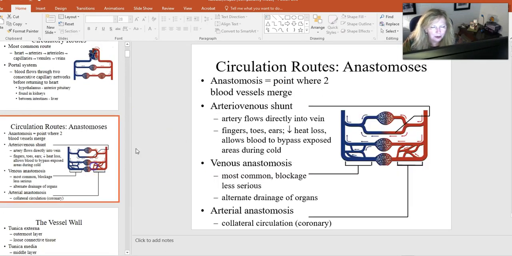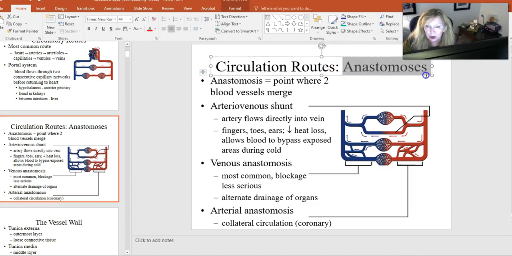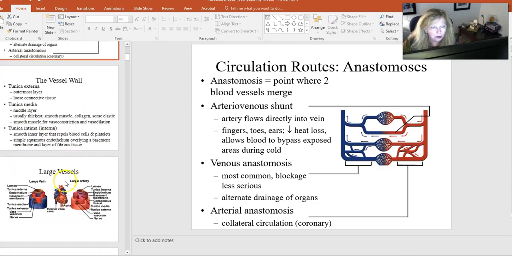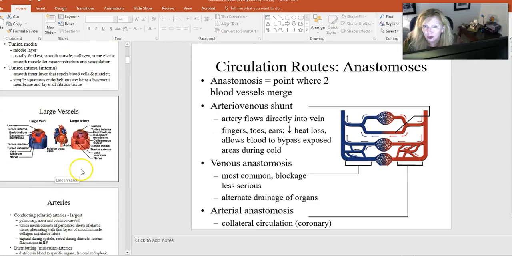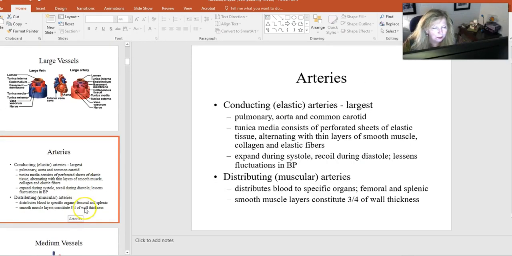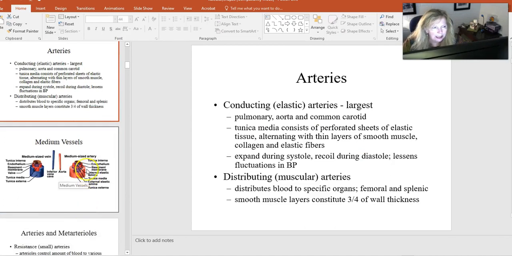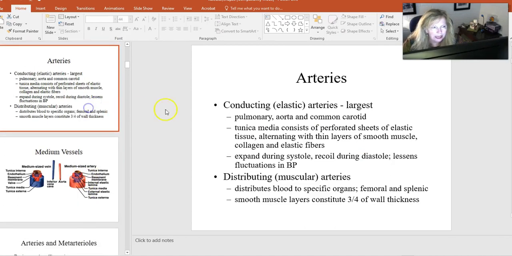vein. So another term, and we saw this term when we looked at the heart, is anastomosis. And we said that term basically means that it is an alternate blood route, an alternate route, if you will, for the blood to be flowing. This, again, we understand that the